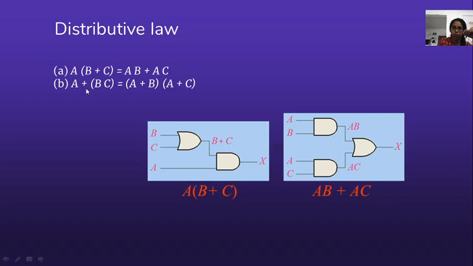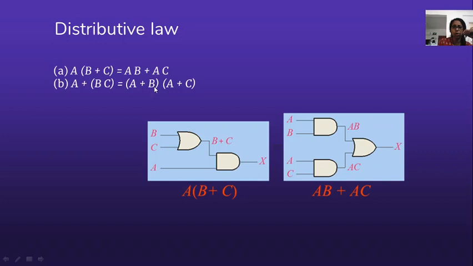So try yourself. And here this is the first one, right hand side. This one will be an OR gate, this will be another OR gate, and both the OR gates' outputs are ANDed, because they are given to an AND gate, and you will get the output. So that's about distributive law. So do the second one yourself, and if you have any doubt, please post in the forum. Okay.